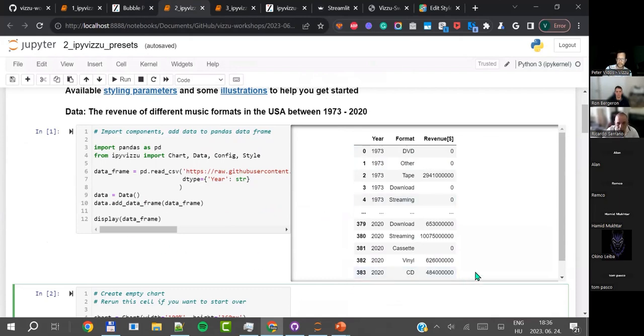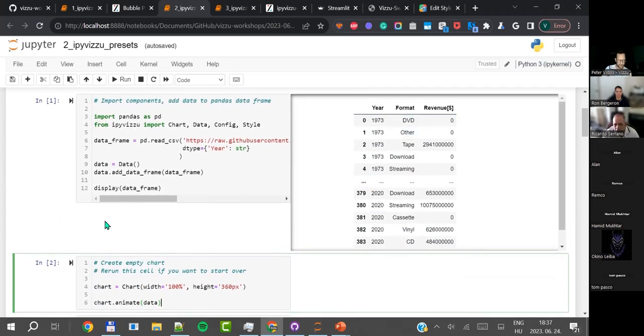And as you can see in Vizzu, it makes a lot of sense to add data frames to it that are ordered from oldest to newest if there's a time component, since we don't have temporal data right now, so Vizzu doesn't know that it needs to be ordered, so you should do that in Pandas. And also it makes a ton of sense to include all the categories already from the beginning, even if you add a zero value there, so that Vizzu has a chance to understand the order, for example, when you have a stacked chart, in what order these colored stacked parts should be put on one another. DVD will be closest to the x-axis in this case.